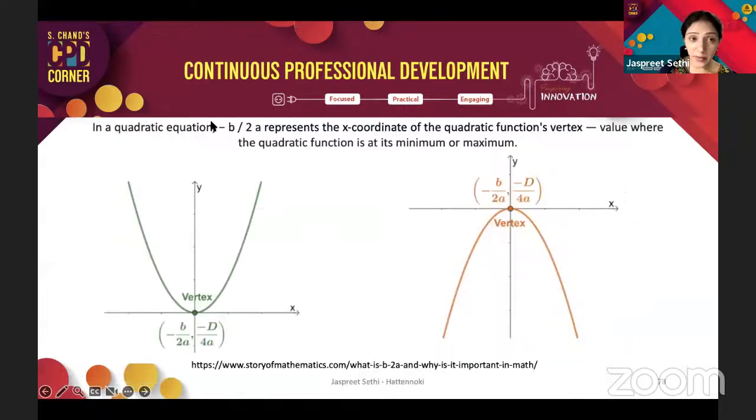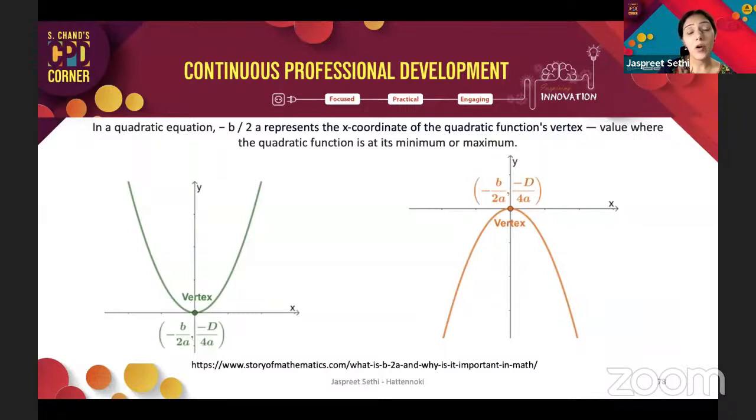So even the negative b over 2a has relevance. It's basically where the vertex comes from. And the vertex is telling you where the quadratic function is going to be minimum or maximum. Now, this may not be relevant to students as you teach them, but when you talk to them about this game called Angry Birds, where they have to shoot a stone to get the bird, or even throwing a ball in the air, anything that mimics a parabola, we are looking at finding these things.